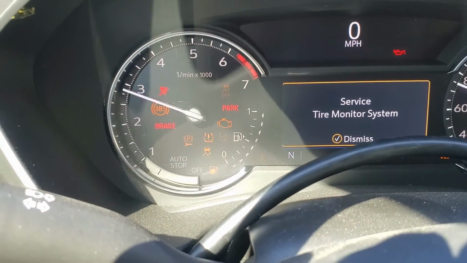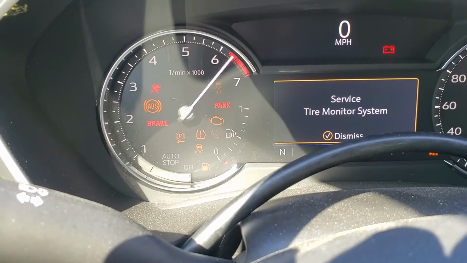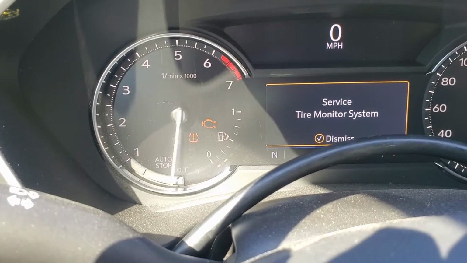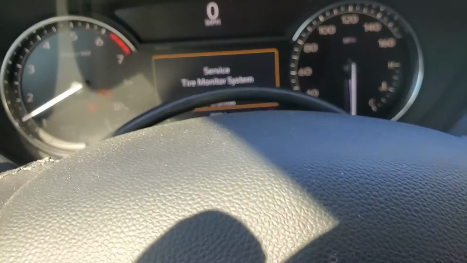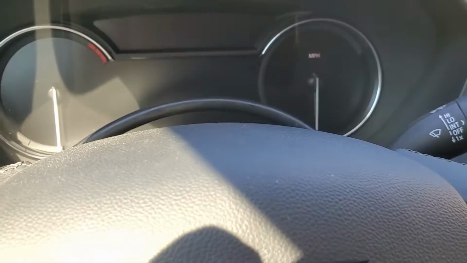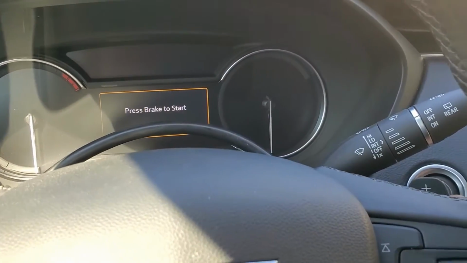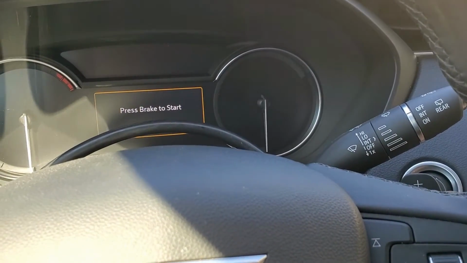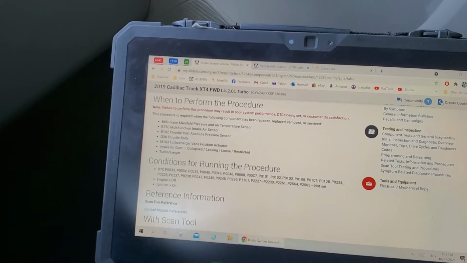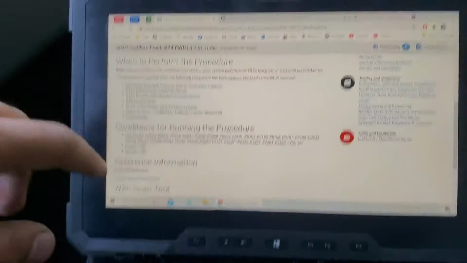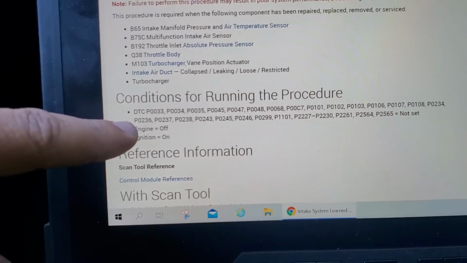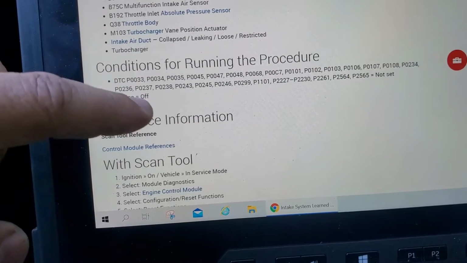Check engine light is on, and when you drive the car, you will have the reduce engine power message. Give me a moment. Let me turn the car on. So anytime you have any of these conditions for running the procedure,